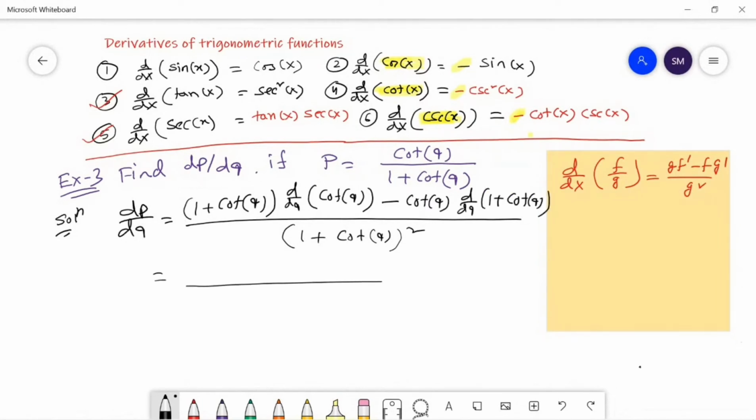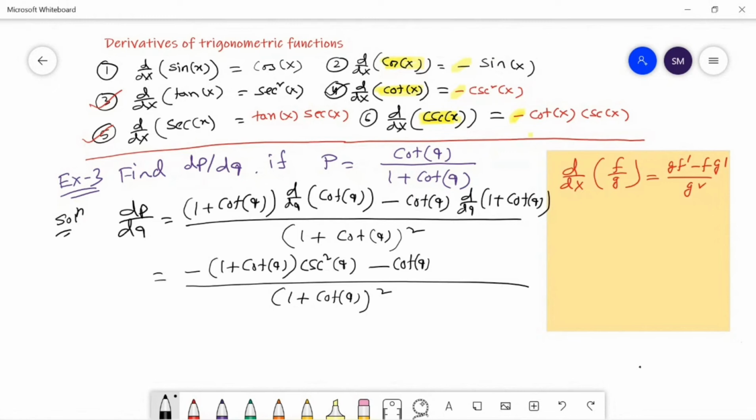From the table, the derivative of cotan is minus cosecant square. So we can write that as denominator 1 plus cotan q whole square and 1 plus cotan q times minus cosecant square q minus cotan q